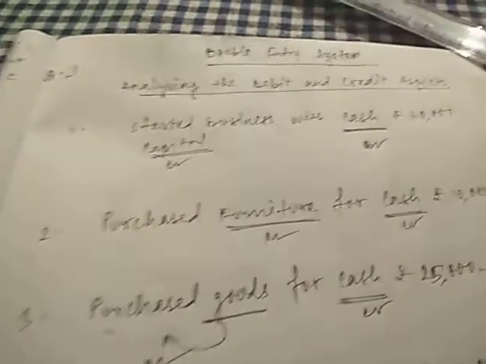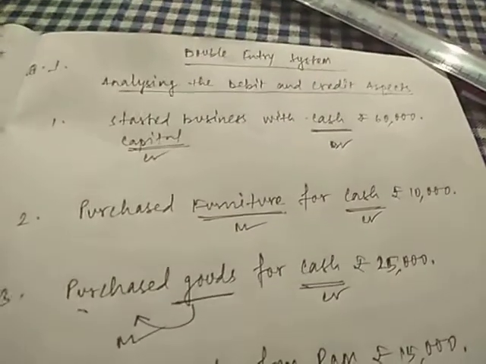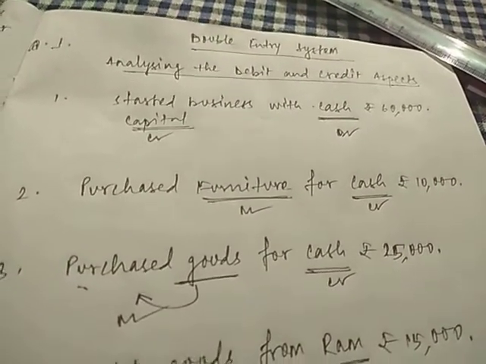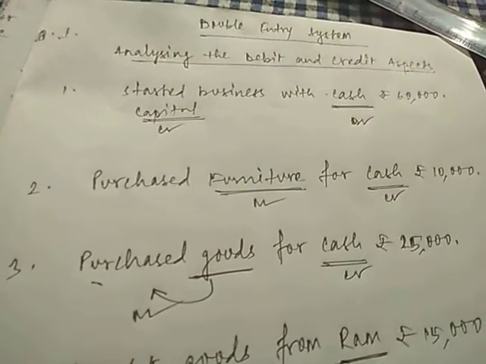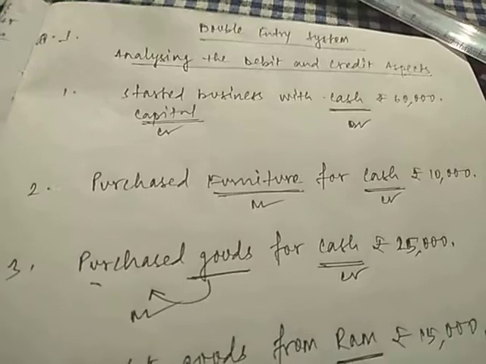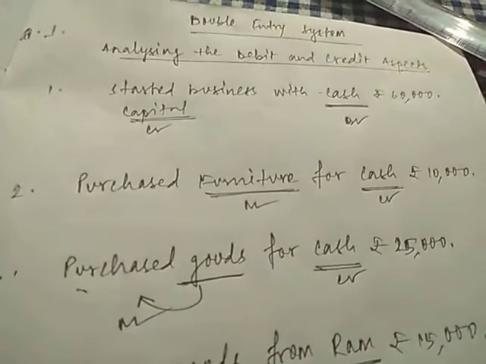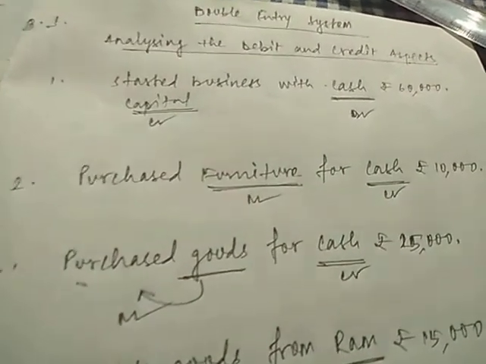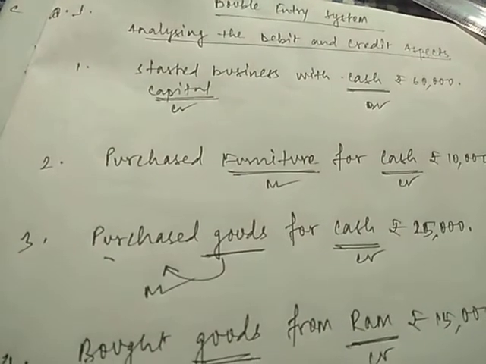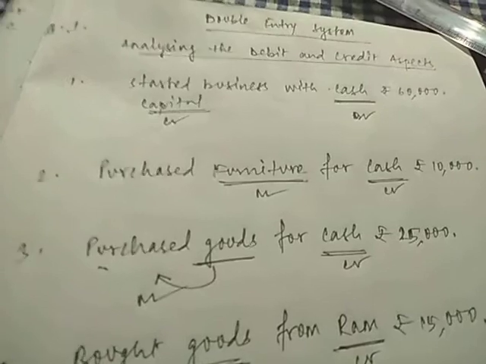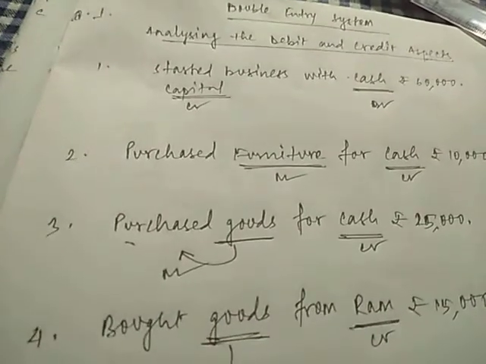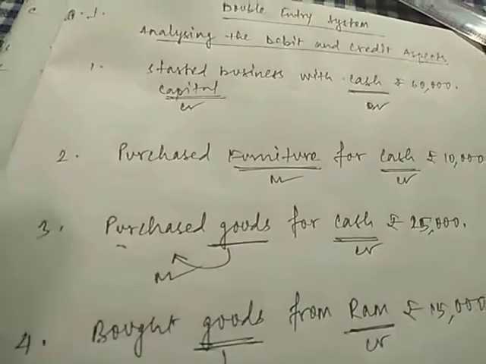in every transaction. Whatever the transaction may be, there are always two aspects in the transaction. One is debit and one is credit. This thing we have also discussed in our previous video. Today I am showing you some examples, where we'll understand how for each transaction we get the debit aspect and credit aspect, and I'll also provide you one question. In that you will do the same thing that I have done here and send me the solution on WhatsApp personally. But now first of all, check this.